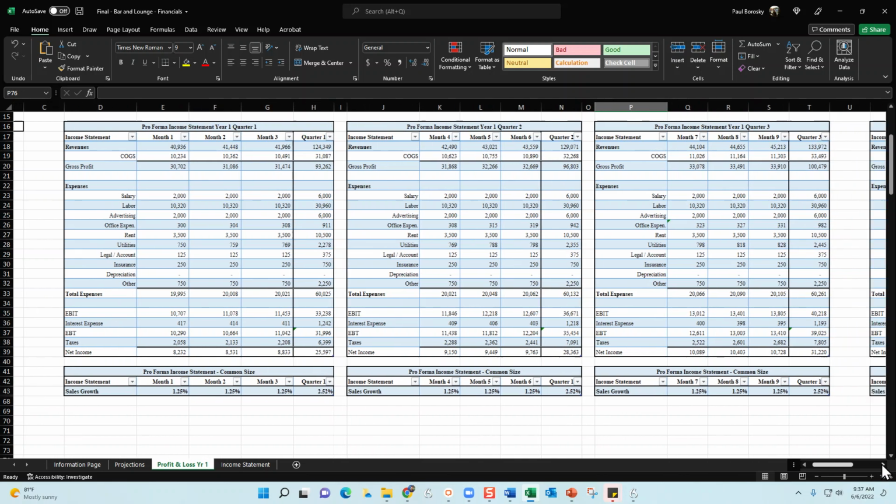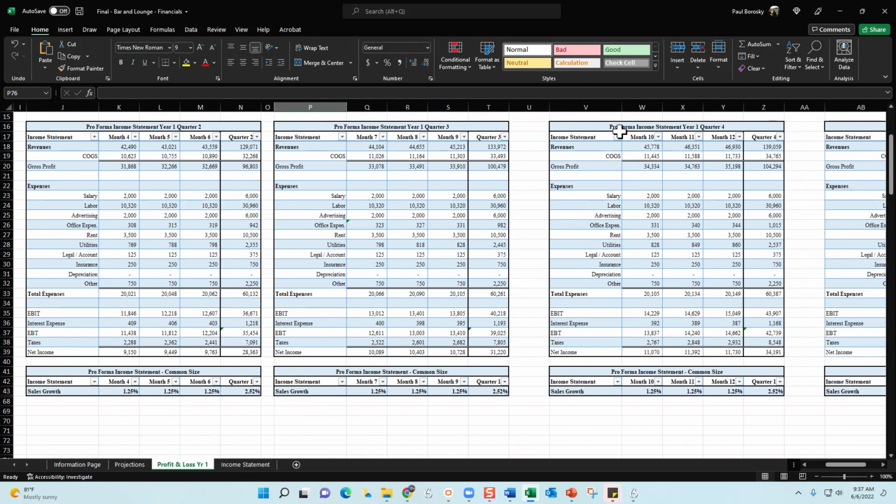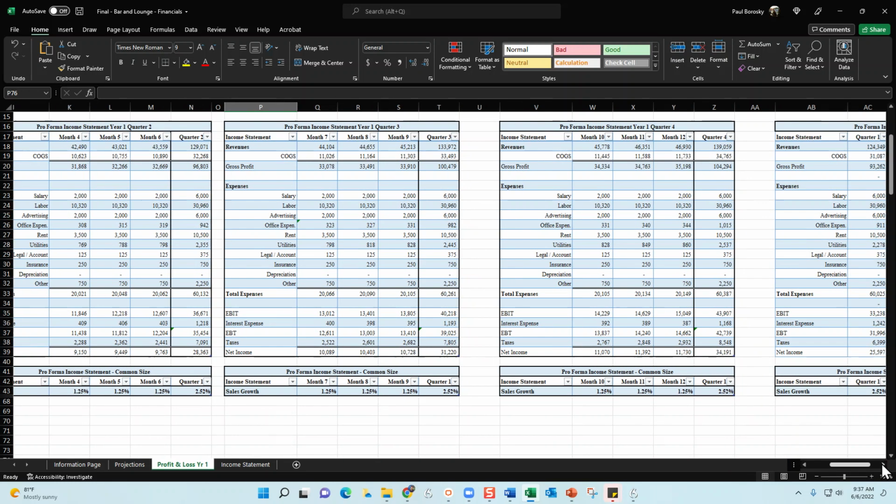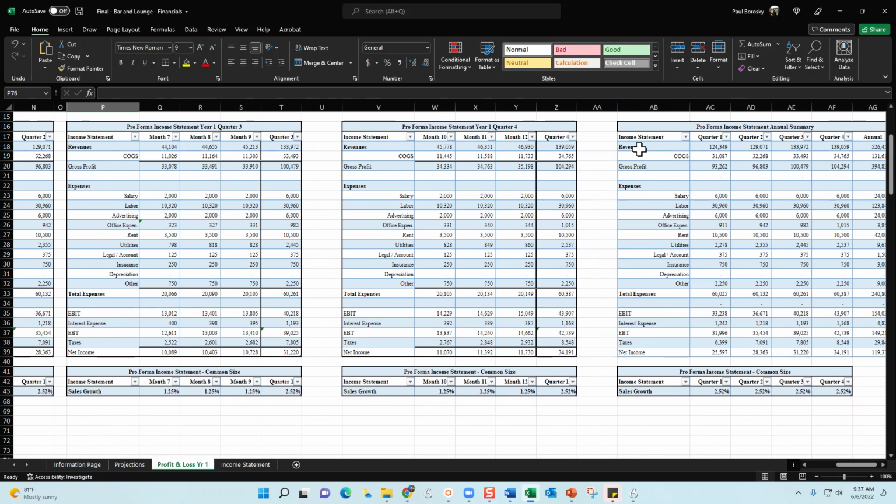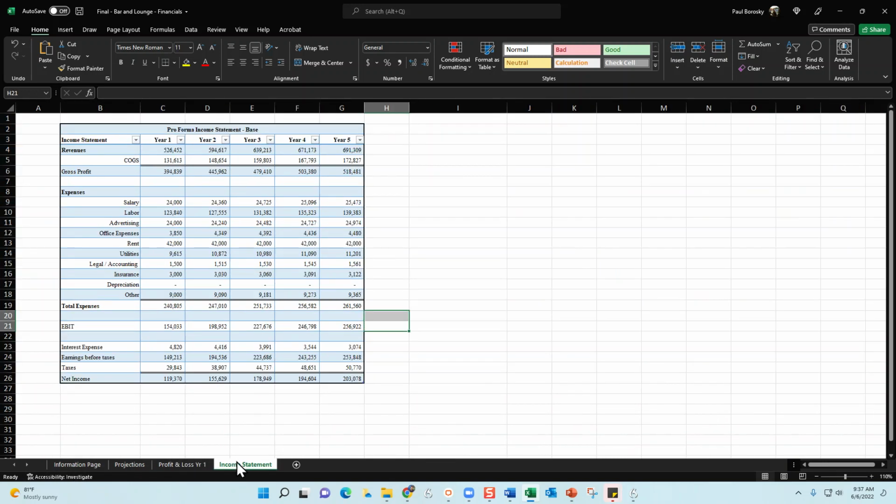The way it's broken out, here's month 1 to month 3, month 4 to 6, 7 to 9. And then if you slide this over a little bit further, here is your pro forma income statement for month 10 to 12. And then if you want it quarterly, I got that too. Pro forma income statement on a quarterly for the first year, quarter 1 through quarter 4 right here. So any information change on this page here will update your profit and loss statements. Also, it will update your pro forma income statement for the next 5 years. So revenues here, 1 through 5, net profits here, 1 through 5.